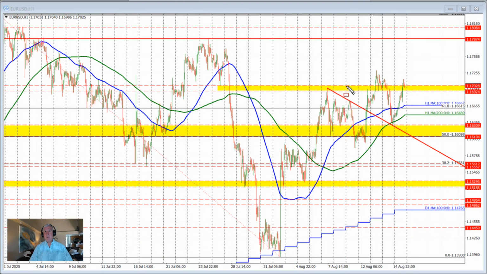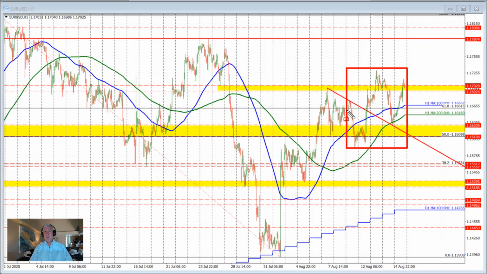The euro versus US dollar stretched to the upside, getting above a swing area that we talked about earlier in the day. But it's rotated back a bit lower into that meat of the swing area. We'll talk about that and what to look forward to next week in this video. So let's get started. The euro versus US dollar had a high price on Wednesday and a low price on